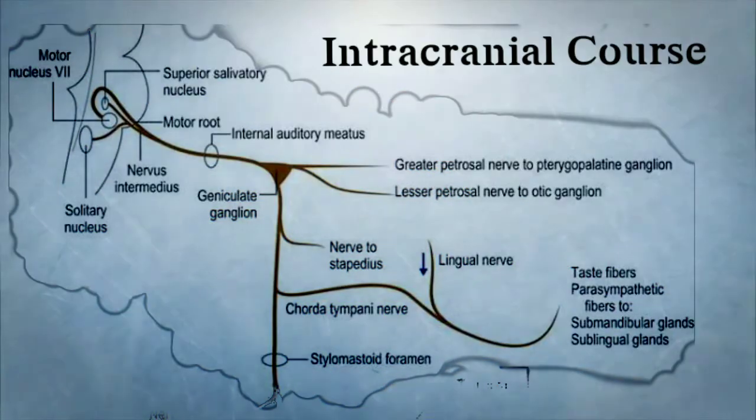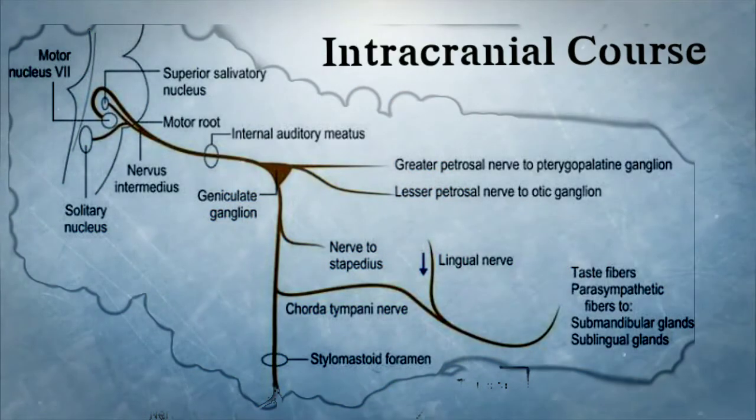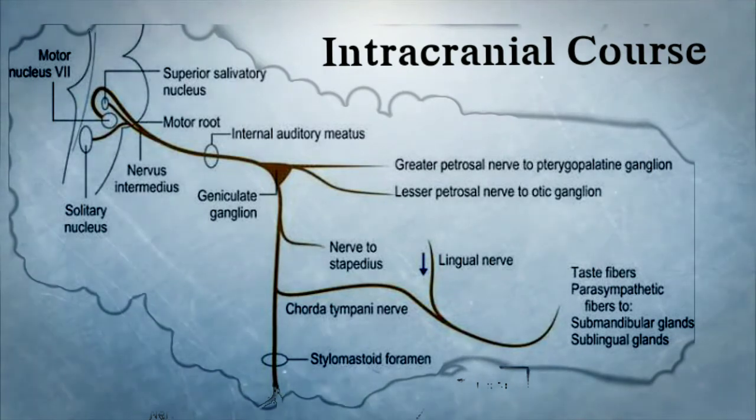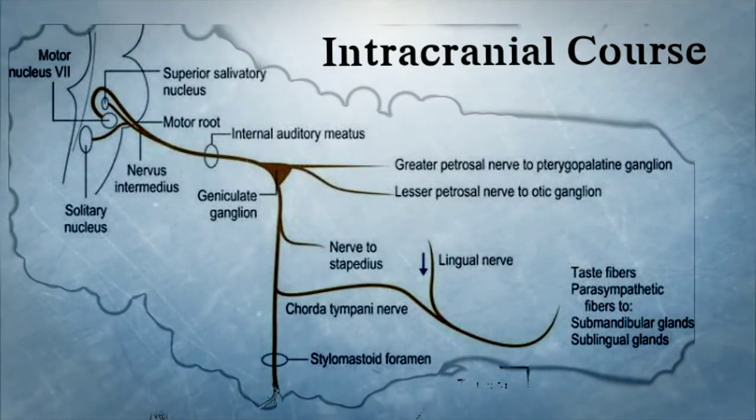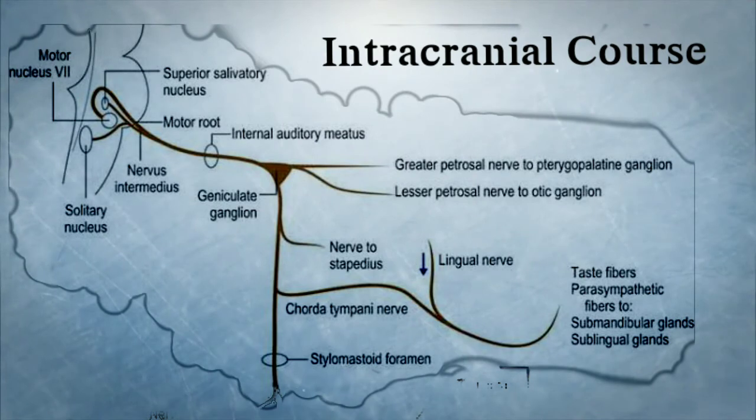Now let's begin with the intracranial root first. We all know that the nerve arises from the pons, but it begins as two roots which are sensory and motor. The sensory root is also termed as the nerve intermedius and it is a smaller root compared to the motor root. Now the two roots travel through the internal acoustic meatus or internal auditory meatus, which is a 1 cm long opening in the temporal bone. Now at this point, the nerve is at a very close proximity to the inner ear.